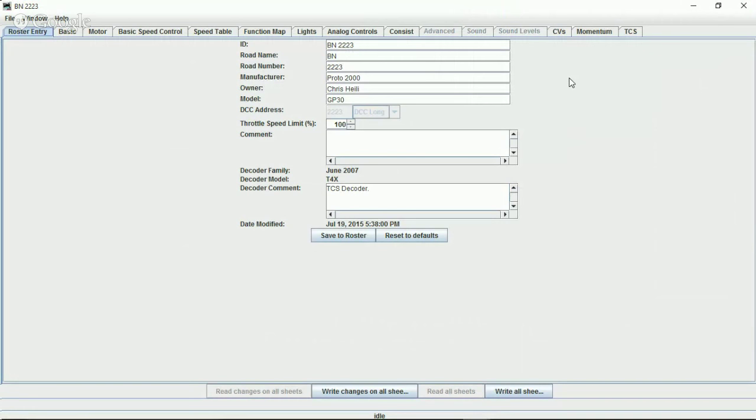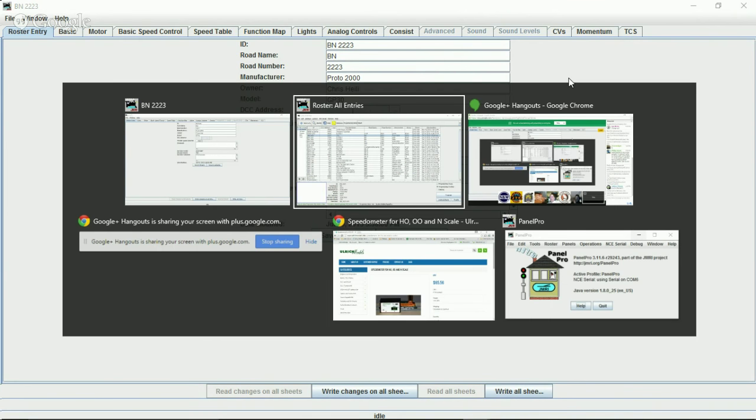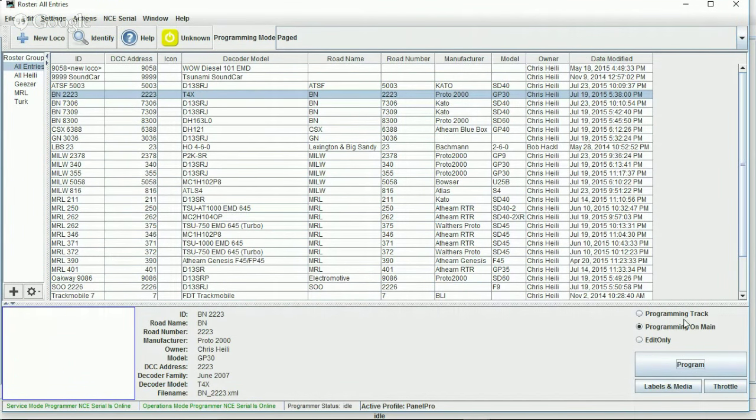Now normally, anybody else who programs with JMRI will know that the first thing you do with a new decoder is put it on the programming track and read in all the values. You can't do that when you're programming on the main like I just set it for. If you look in the lower right corner here, it says programming track, programming on the main, or edit only. I have it set on programming on the main because, A, I don't have a programming track set up at the moment, and B, if I set it to program, it would program all my locomotives if I wired it up to be my whole layout. So